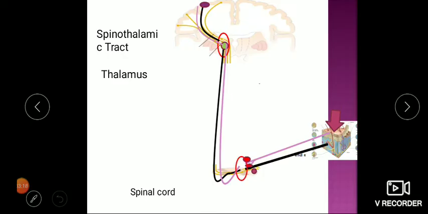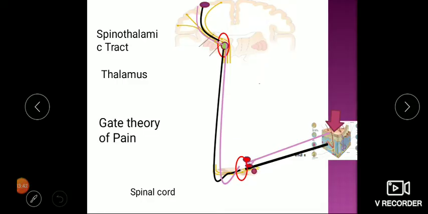So this is called a gate. For example, if two persons are trying to enter from a single gate where it is for one only, one will dominate. Who will dominate? Who is the fastest? Now here, this is the touch fiber, which is fastest, comes, and here it creates a block. So we can utilize this to control the pain. So this is called the gate theory of pain.